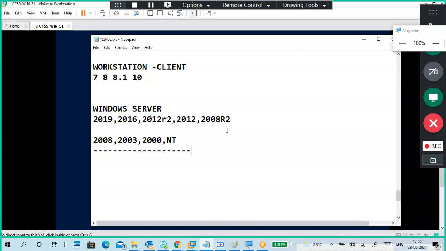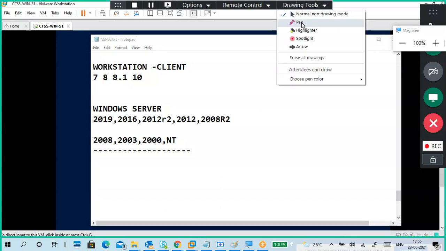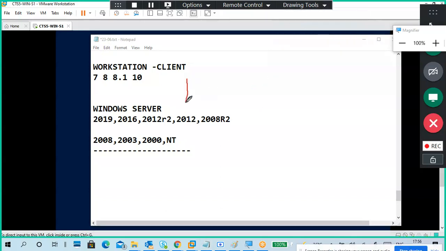Some people will get a doubt, guys. Sir, my Windows 10 is installed, and now I'm installing the 2019 server. Do I have to delete this virtual machine? Not required. I have a lot of virtual machines.